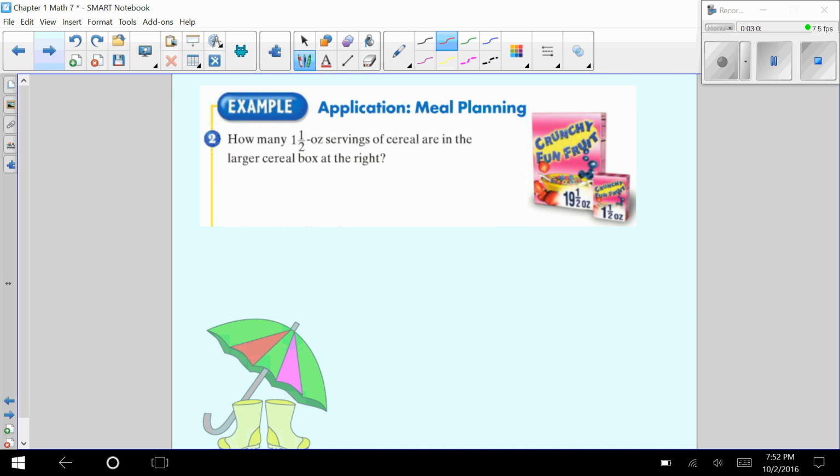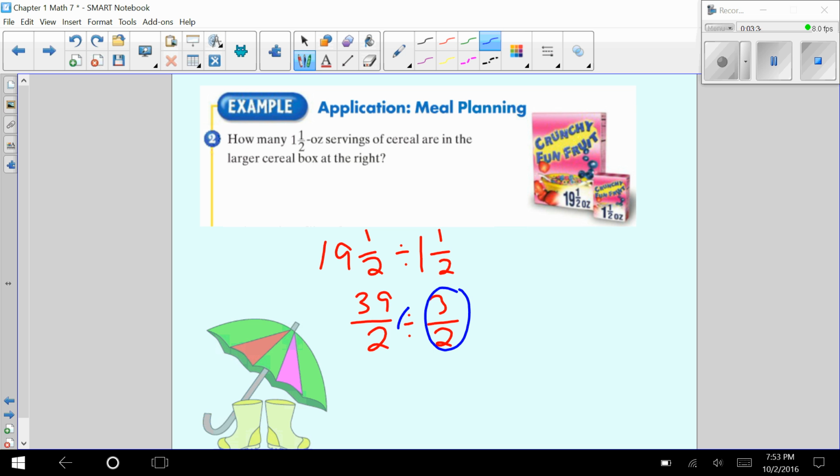We're going to determine how many 1½ ounce servings of cereal there are in the larger cereal box. If there are 19½ ounces, I take my 19½ and I divide it by the serving sizes I want, so divided by 1½. To divide these fractions, we're going to have to first change them into improper fractions. 19½ becomes 39 over 2, divided by 1½, which is 3 over 2. All right, we need to flip over the second and change the division to multiplication. So we will have 39 over 2 times 2 over 3,